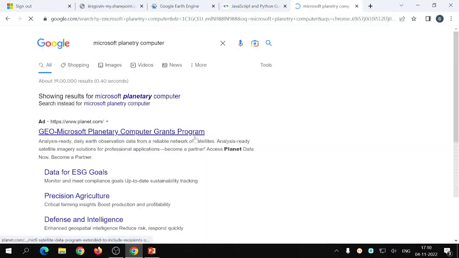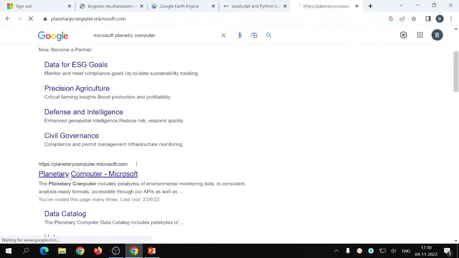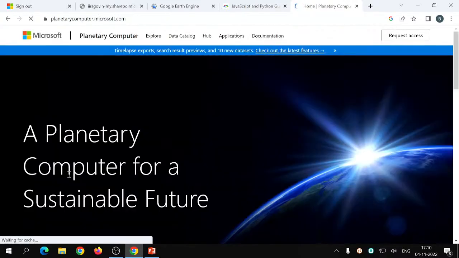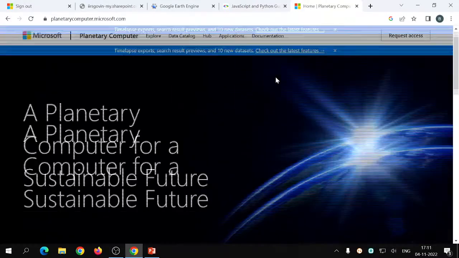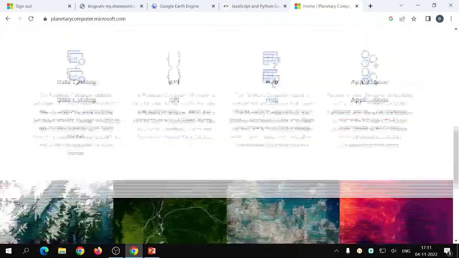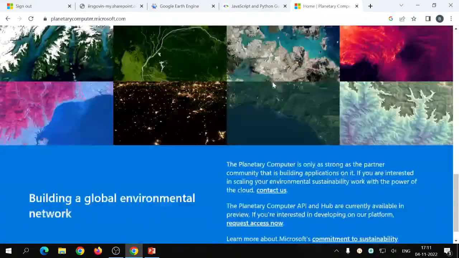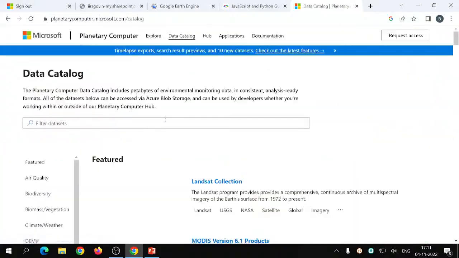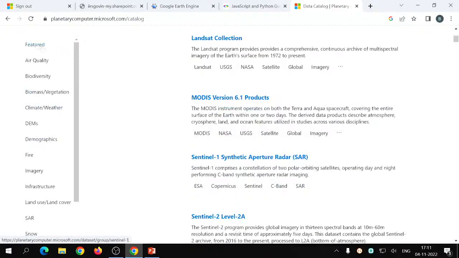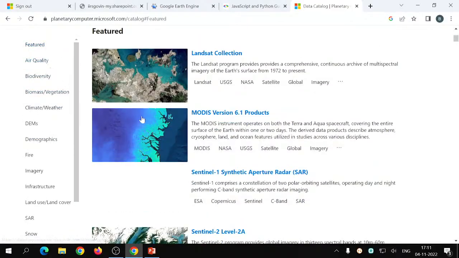Microsoft Planetary Computer doesn't offer as many features as Google Earth Engine, but it also has a big catalog. This is also expanding. Check out the latest features. Even this I have not explored. Now the first thing here is the data catalog. If you search, this also has quite a big data catalog. Now featured data, if you are interested,